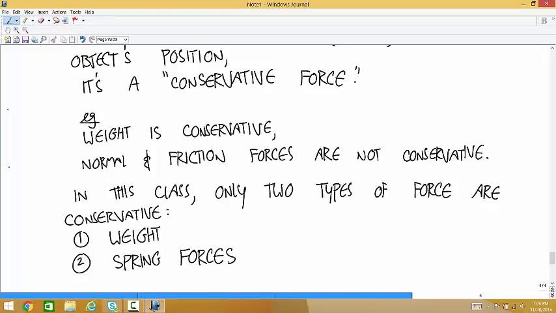Another way of talking about conservative forces is field forces. So if a force is a conservative force, you can represent it as a force field, which is